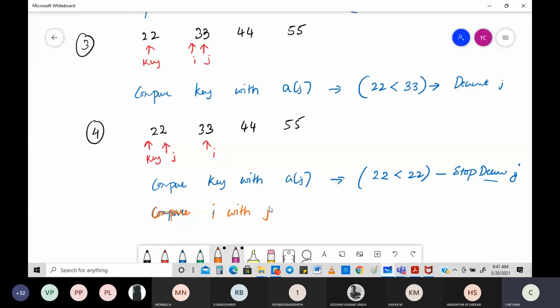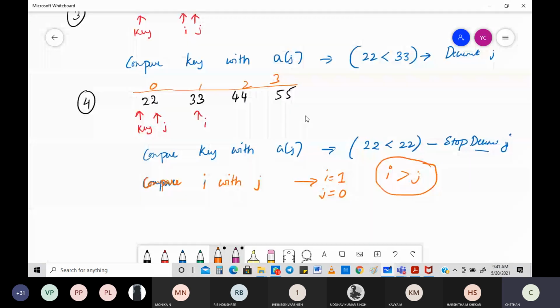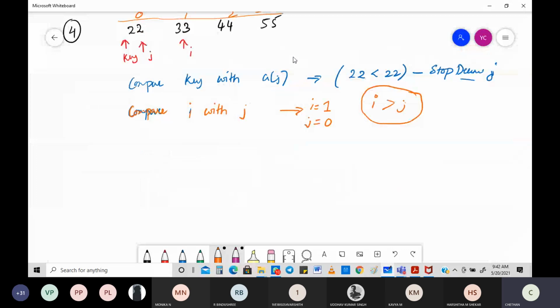When I say I, index of I, what is the value of I? If you take it like this, 0, 1, 2, 3, the I value is 1. The J value is 0. Now you see very clearly I value has exceeded J. So when I do this, what do I need to do?